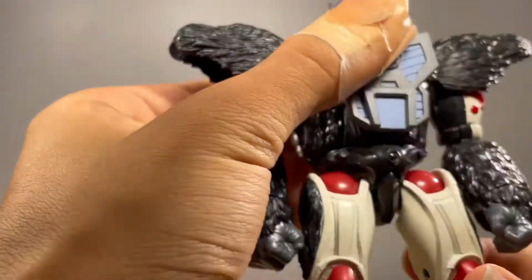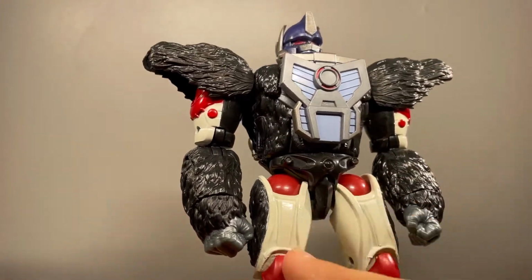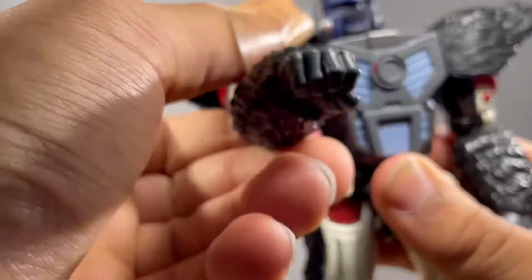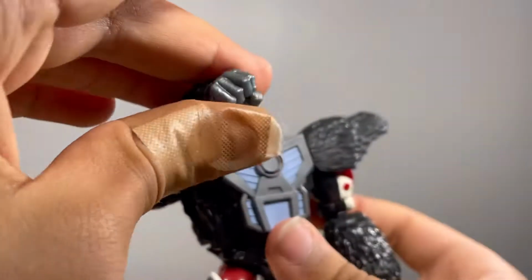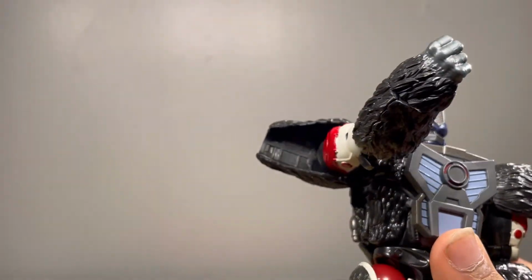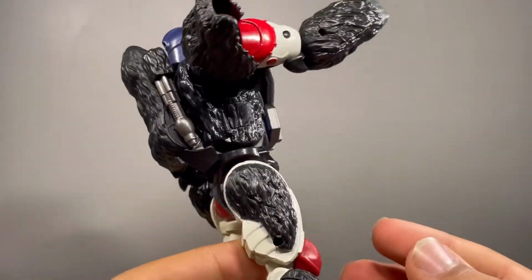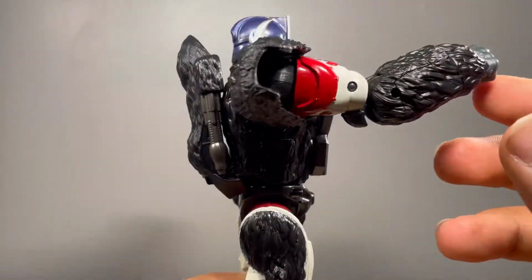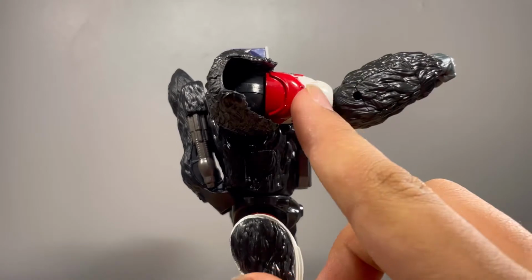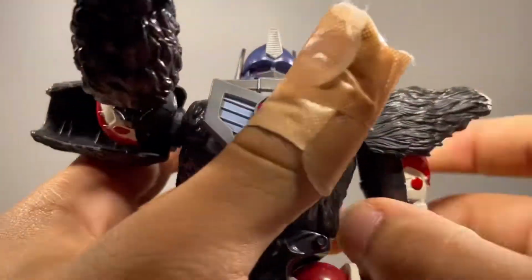And then for the legs, you got some red right there for the hips, and then some white there for the thigh, with some more of that texturing. The fist on the right side is very loose, and that's also true for the grabby hand as well. So that's an issue I have. And also the elbow, I mean, is loose as well, the upper elbow joint. So it's perfectly fine on this side, and then this arm is